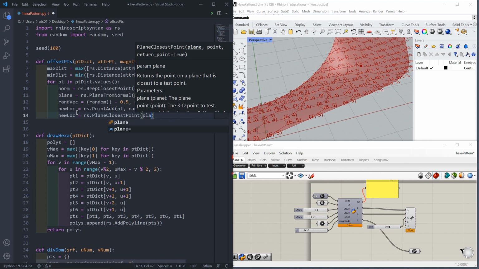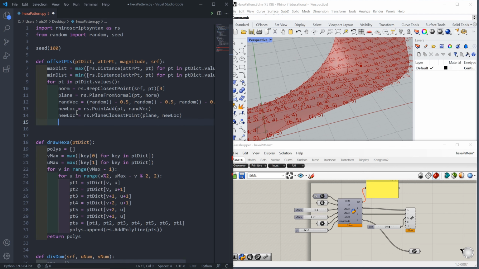That is gonna be the first one, plane. The second one is new location. Now we have the projection point on our plane. With this, we can find a moving vector. We can say move vector equals to